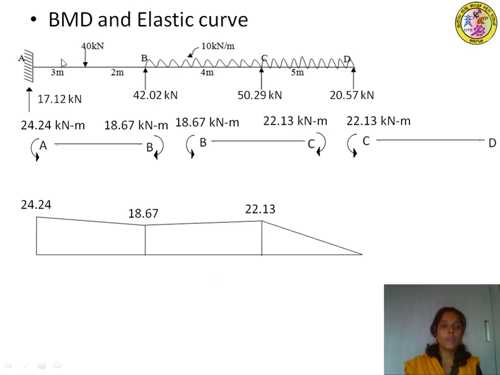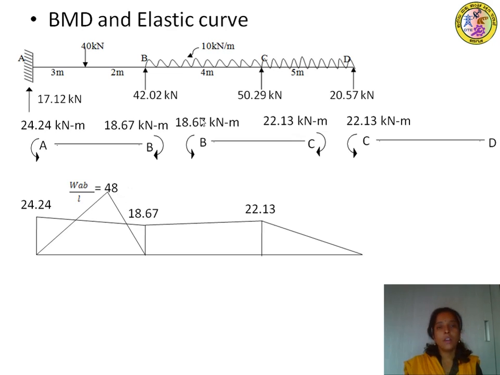Free bending moment diagrams are plotted by considering each span as a simply supported beam. So AB is a simply supported beam subjected to an eccentric point load. Therefore, the free bending moment diagram will be a triangle. The highest ordinate will always be under the point load, whose magnitude is calculated by WAB by L, where W is magnitude of load, A is distance from left end, B is distance from the right end, and L is the span. If you substitute 40 into 3 into 2 divided by 5, it will be 48